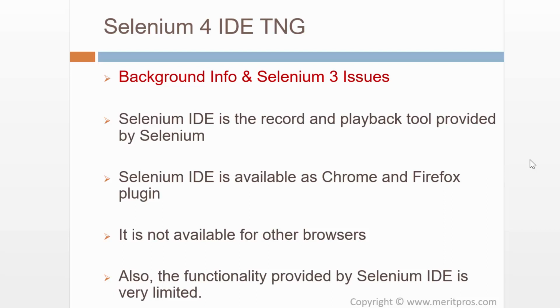There were also some issues with Selenium IDE, and Firefox later did a new release. So overall, Selenium IDE is available for Chrome and Firefox, not for all browsers, and the record and playback functionality, the IDE functionality, is very limited.